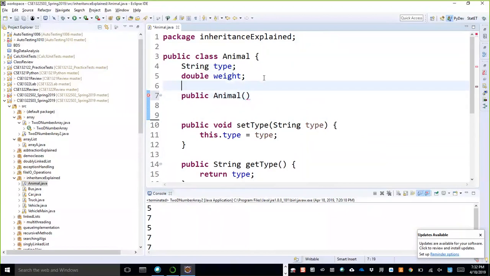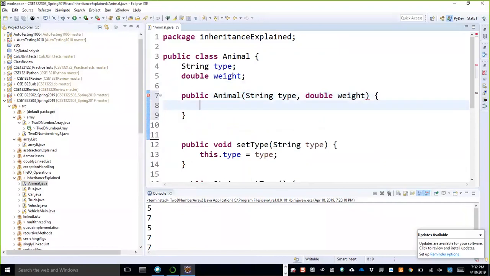What kind of attributes? These two, right? This one, then comma, this one. Remember that here you will not give a semicolon; you will give a comma.